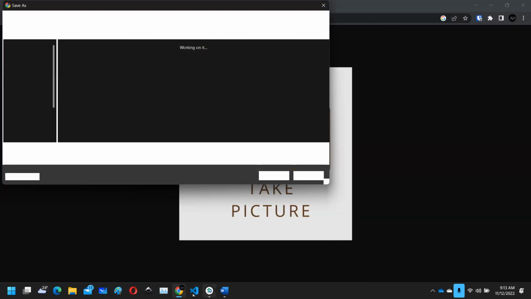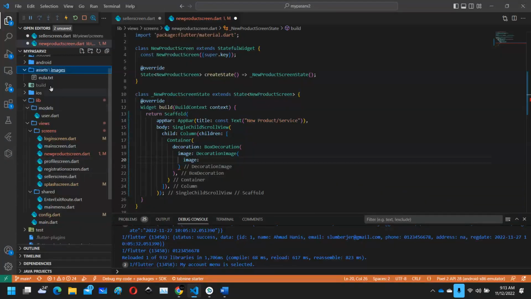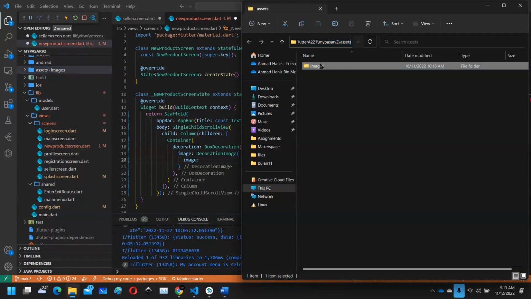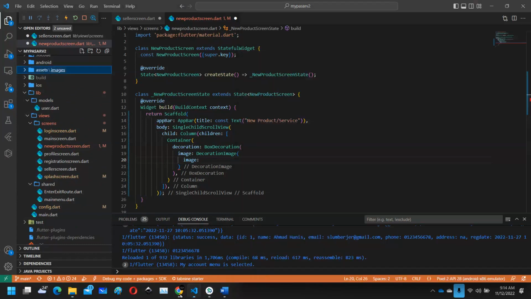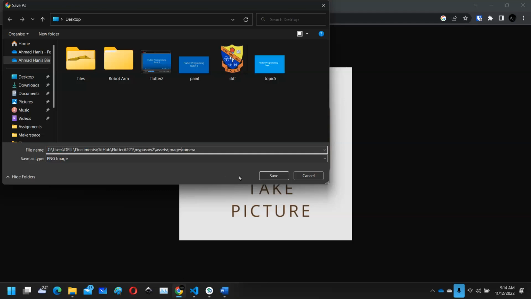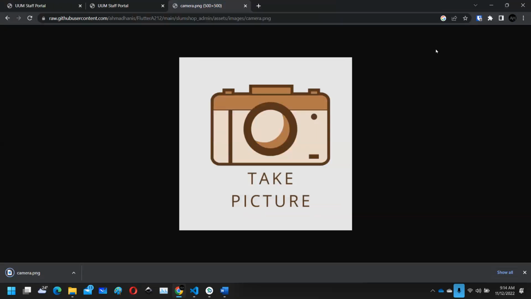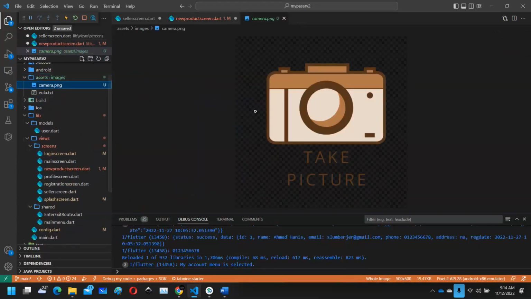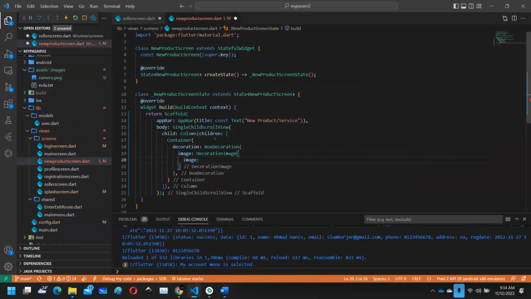And put it into the application. Put it into my asset. Put it inside here. Okay, so save the file, put it in here, .png, right, save. Okay, so now we have the image inside asset. So you have it there, PNG, take picture. So you can use any picture that you like regarding